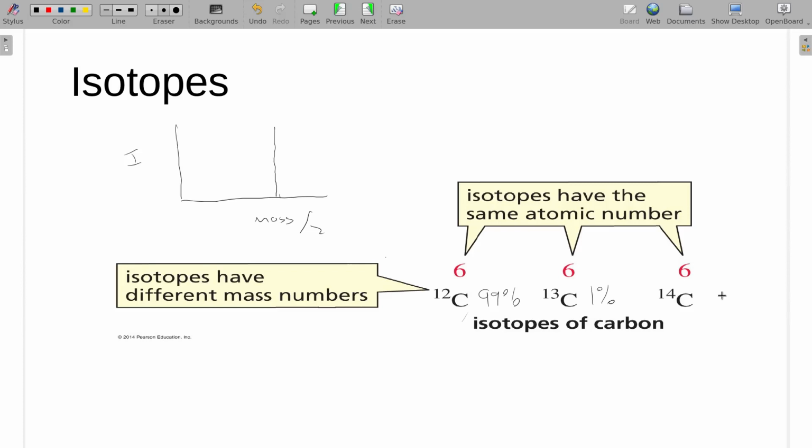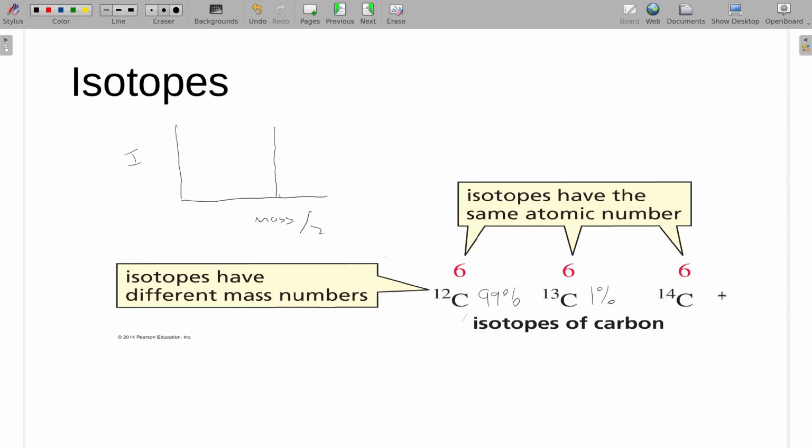Now, where that's going to come in handy is everything has isotope ratios that are differences. And on that mass spectrometer, we can typically tell the difference between, say, a carbon and an oxygen based on just an isotopic breakdown or what the size of those related peaks are. All right, but that's later in the semester. Right now, we're just talking about the fact that there are isotopes out there. And right now, we're going to point out that they chemically behave very similar.